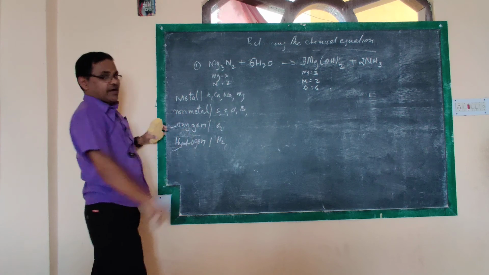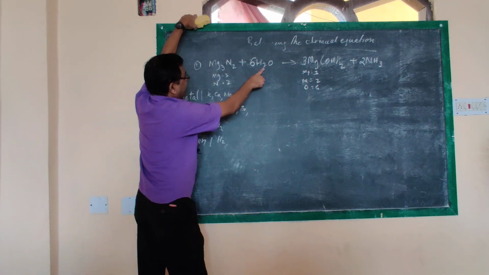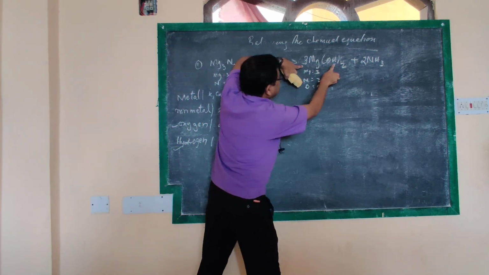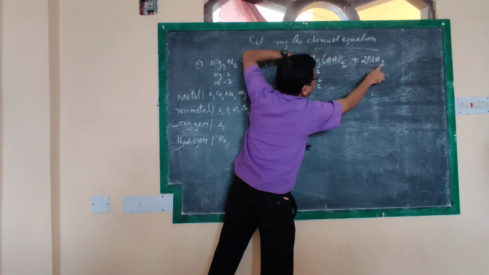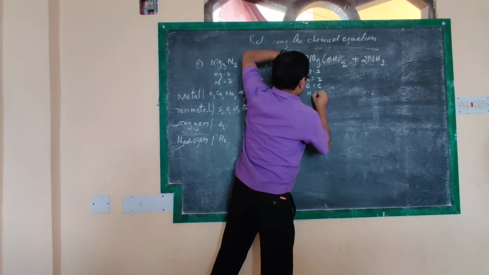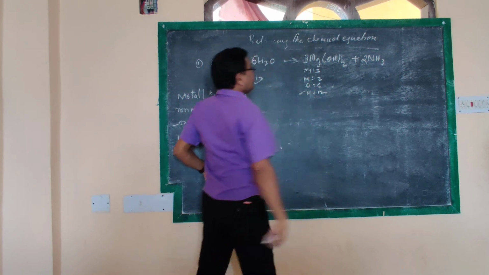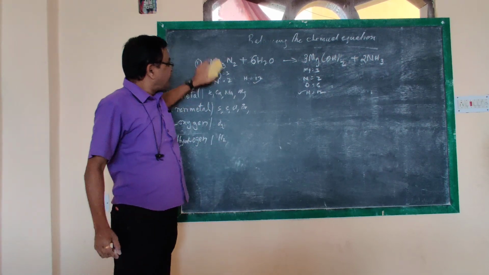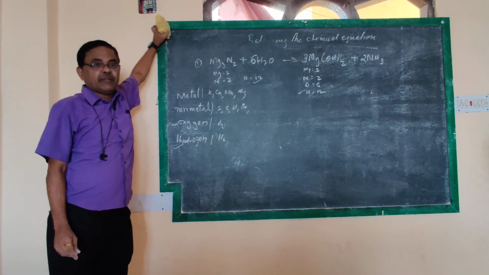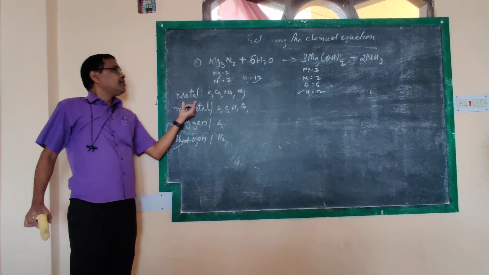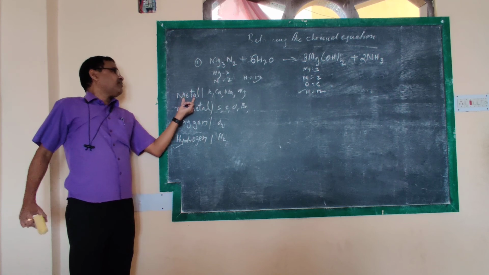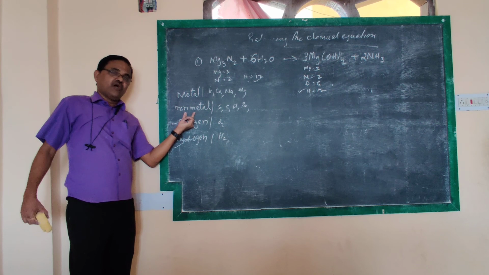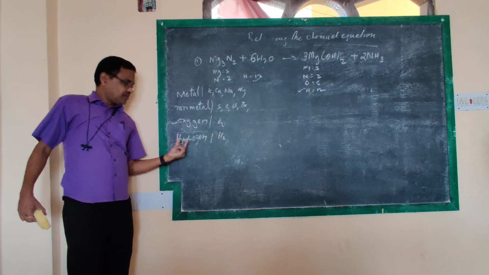Now the last one left is hydrogen. So let's solve hydrogen now. Hydrogen, see how much here it is. Hydrogen is 12. Here let us see hydrogen. 6, 6, 12. Hydrogen 12. So the entire chemical equation is balanced by the trial and error method, provided we make it much easier by first balancing the metal. If metal is not there, go after the non-metal, oxygen, hydrogen.